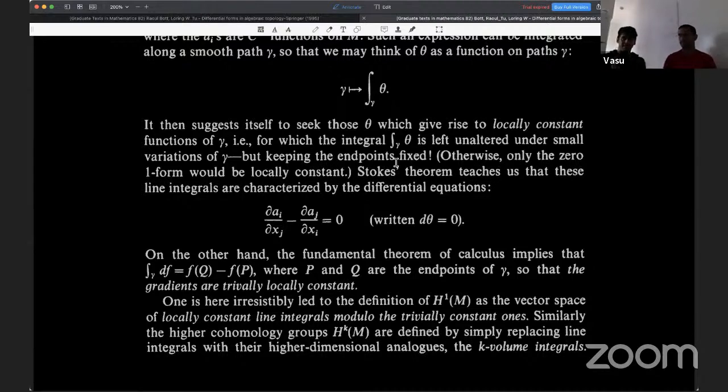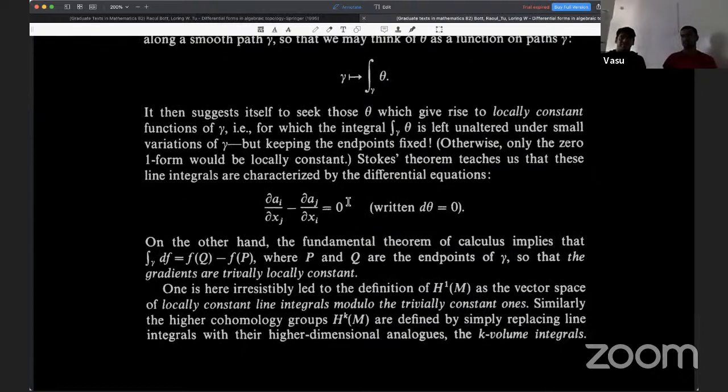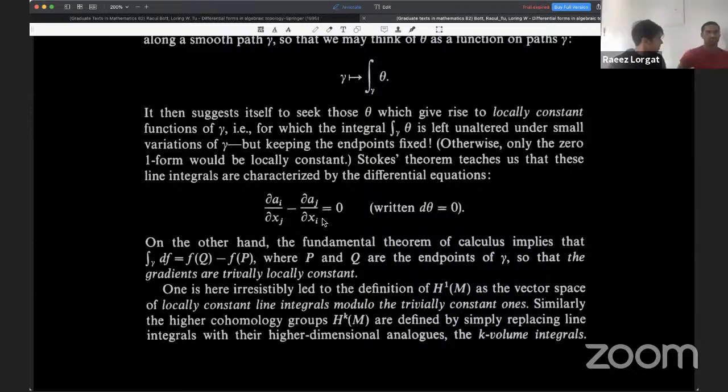Keep the endpoints fixed, vary the path ever so slightly, and then ask for the integral to be constant, locally constant. Now, how do you reason about that? Well, you can use Stokes' theorem directly, right? And to basically characterize these line integrals by the following differential equation. Yes. Because we have the endpoints fixed,